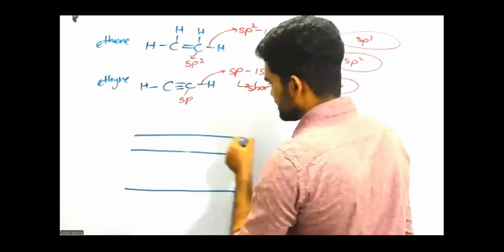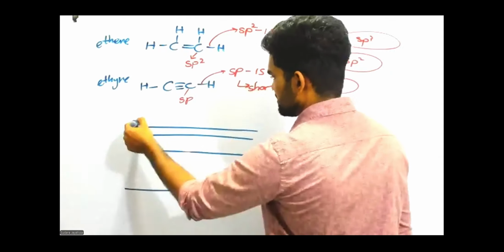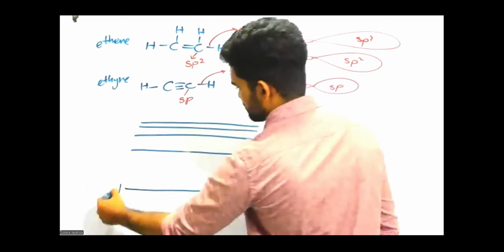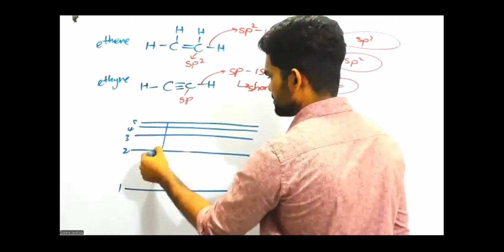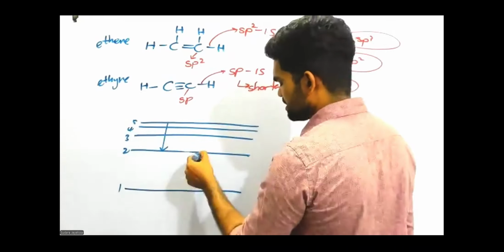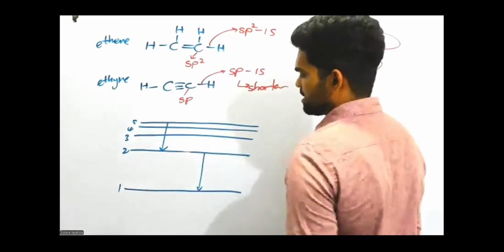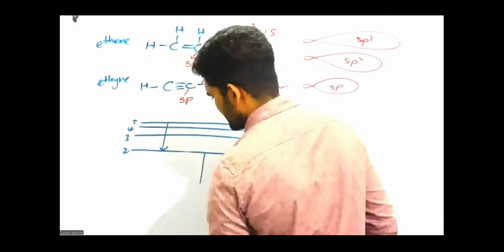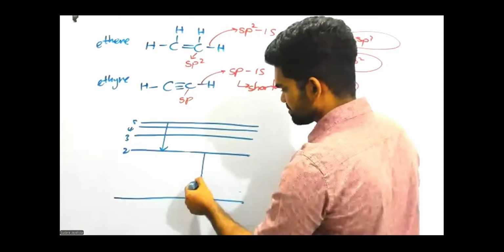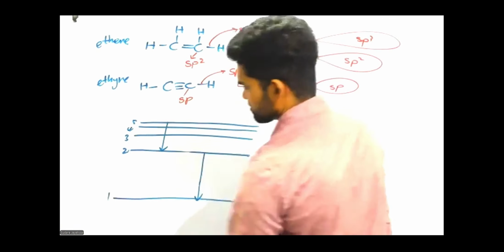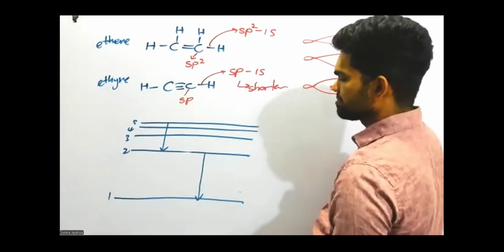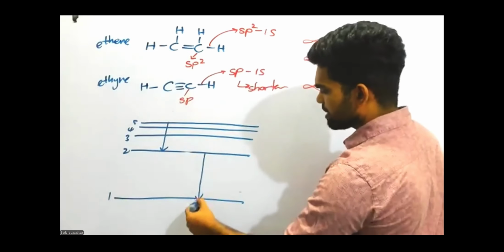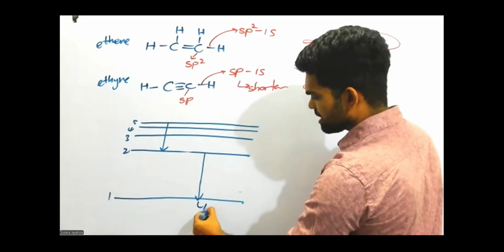Second one, third energy level, fourth energy level, and fifth energy level. 1, 2, 3, 4, 5. And here, 5 to 2 transition. Here you have the 2 to 1 transition. Now, technically, we should be having high energy. Like this, isn't it? So, always remember, those falling to the first energy level belong to the Lyman